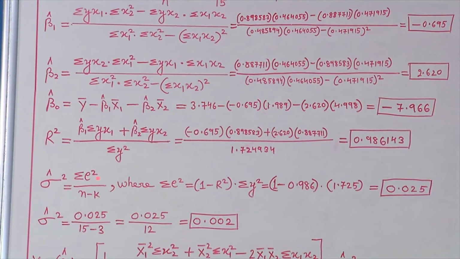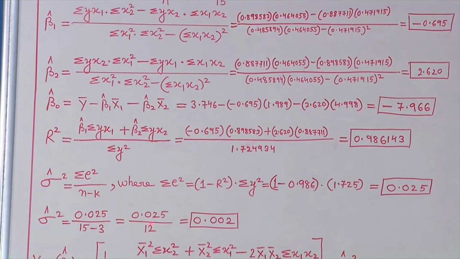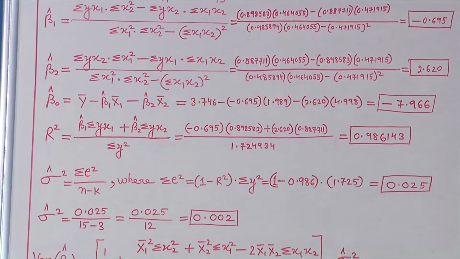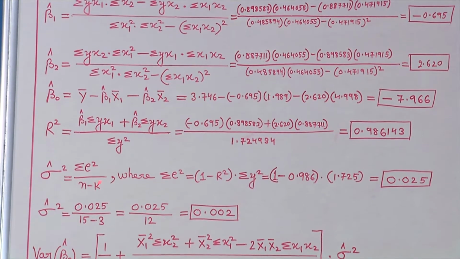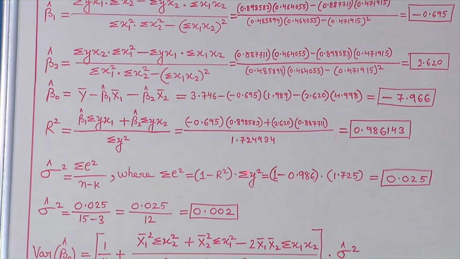So, n is equal to 15 and k is the number of variables. Here we have 3 variables. So, n minus k is equal to 15 minus 3, which is equal to 12. Here the summation of e squared may be calculated by using the value of r squared and sigma y